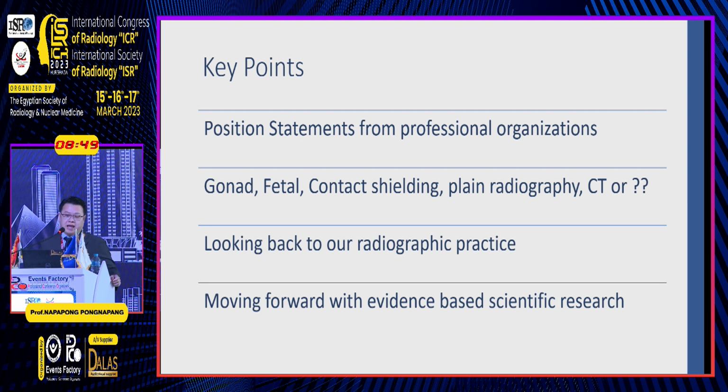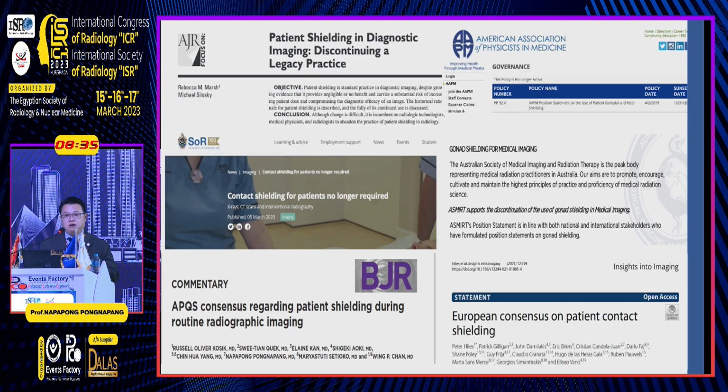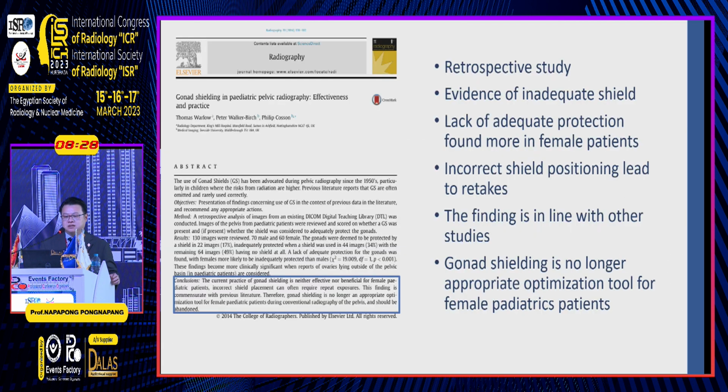And when we look back at our radiographic practice, this is legacy practice. It's been years and decades that we have been doing this. And finally, I will talk about how to move forward with evidence-based scientific research. Well, here are all the recommendations and guidelines that have been published. I will not go through all of these, but among the radiography research community, we have really taken a look into